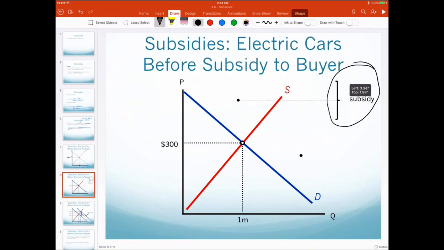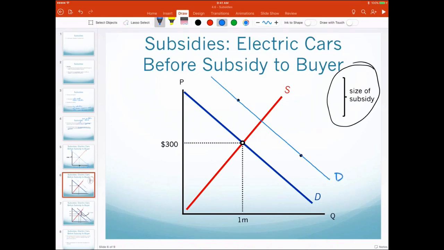So I went ahead and made two dots, and then I'm going to take my ruler and draw in my new demand curve. This is my subsidized demand curve, okay? You can put D2 or you can put D sub S for the subsidy, and this is our initial demand curve, okay? So this is how the subsidy affects the market for electric vehicles, okay? Well, we know we're going to have a new equilibrium, so go ahead and draw that in.